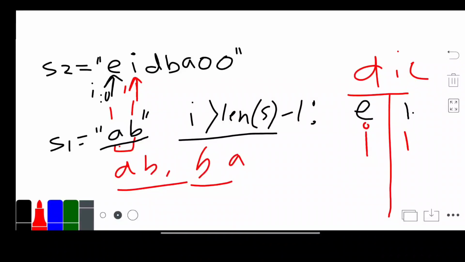And now again our i is 2. We check if d is present in the dictionary. d is not present, so we add d and assign value 1. We check if i is greater than len(s1) minus 1. Yes, i is greater. So because now we check these two, we eliminate e, so we reduce it by 1, and we again check if the dictionary key value is 0, we will remove it from our dictionary.